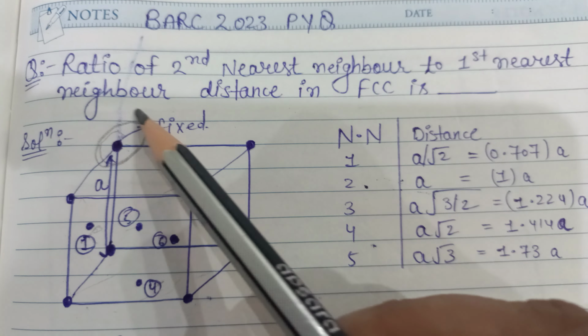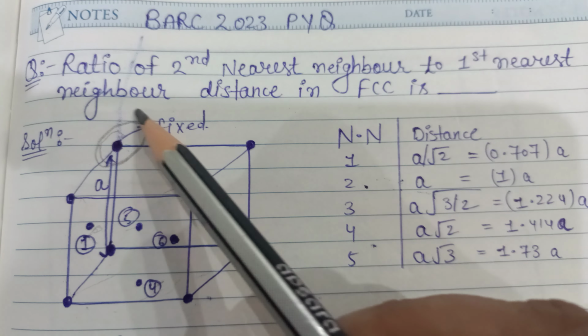And if we see here in FCC, we have one atom at the upper surface of the cube. See, this atom is somewhere in the middle of the upper surface. So we can show this atom in this way, which is half the length of the diagonal distance. So we can directly take half of the diagonal distance. PO is half of the diagonal length. We can calculate it as A by root 2.